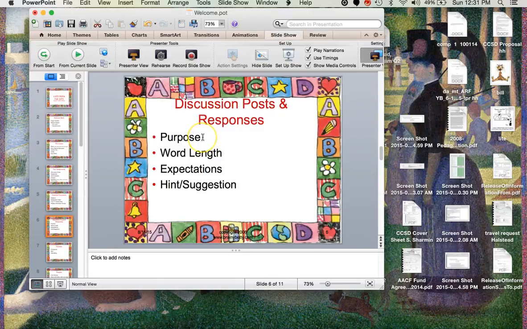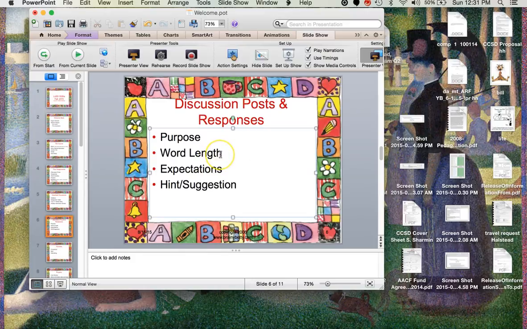So discussion posts, the purpose will depend on the week. They should be 300 to 500 words. So that's about a page, maybe a little less, maybe a little more, but they should not just be a paragraph. If you go excessively over, if I get a 1,200 word post, you will lose points. That's not fair to your fellow students and to me, but to not follow the guidelines to that extent. If it's a 100 word post, same thing, you'll lose points. But 300 to 500 words should give you a really great window for your prompt.